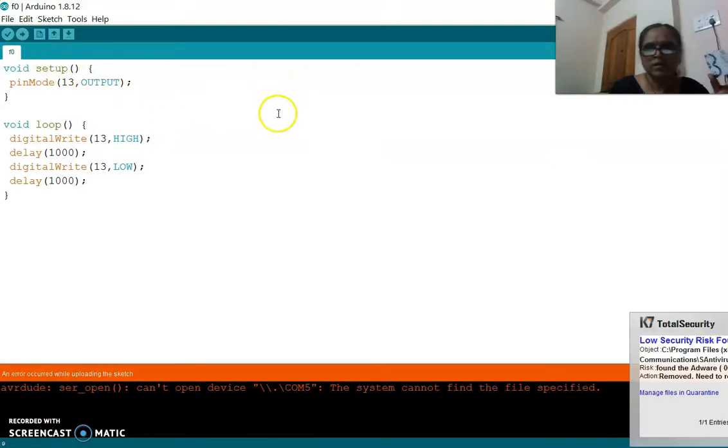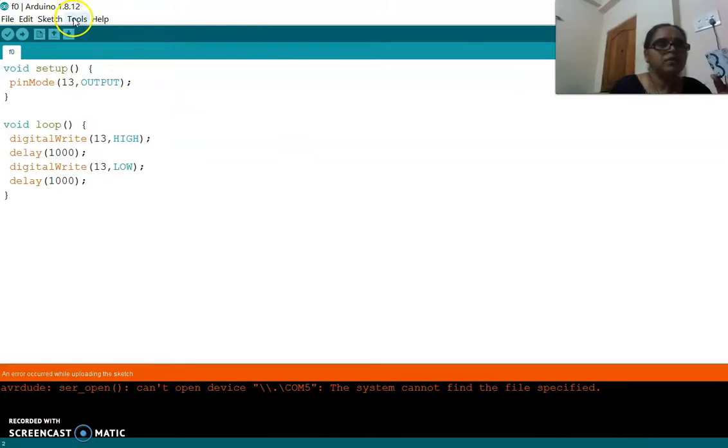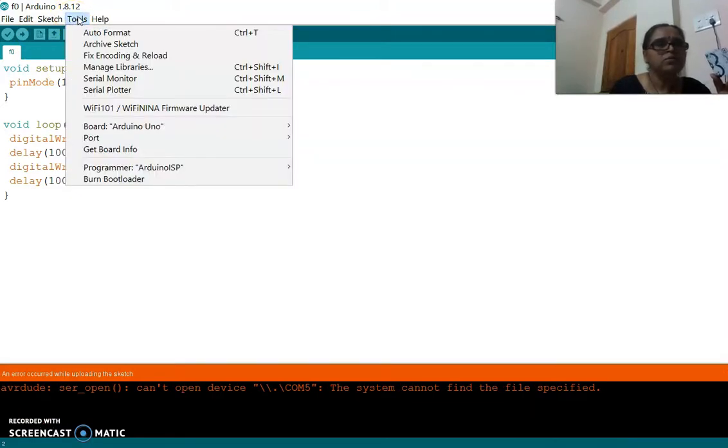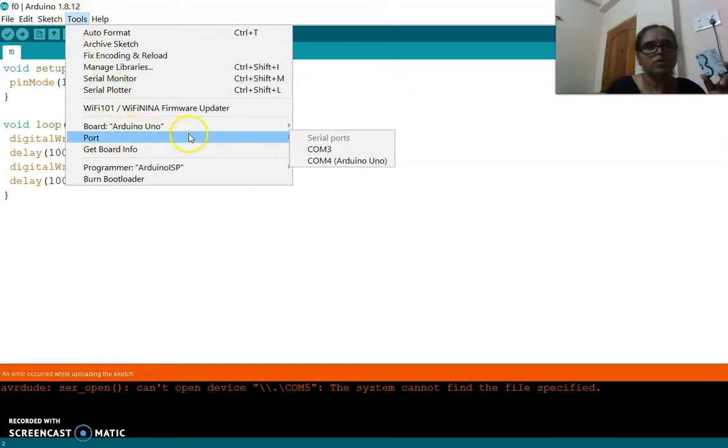Some error occurred. Now I have to see whether the board is connected to my laptop or not by clicking the tools. Then see this port. So this Arduino board is not connected to my laptop because here I didn't select COM4. Here two COM ports are there, COM3 and COM4.